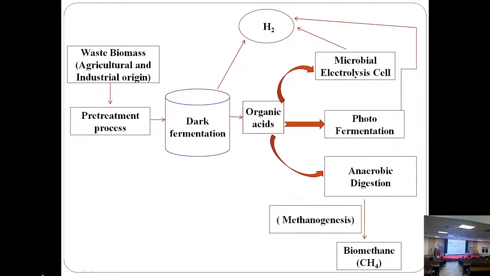In these slides, have a look. The production of two types of compounds goes on simultaneously. The top one is hydrogen, and it also gives biomethane. Such biomass has the scope to be converted to two types of compounds simultaneously, and these compounds are also produced with the help of dark fermentation. Such biotechnological tools are applied, and such microbes have the capacity to convert it to the two types of compounds simultaneously.